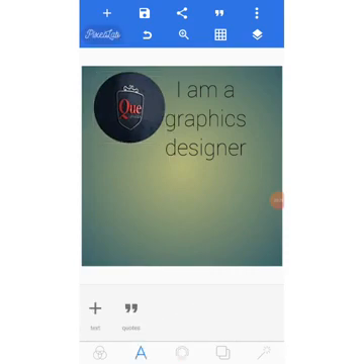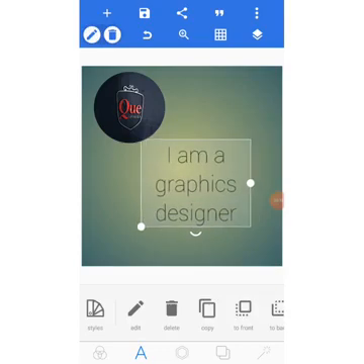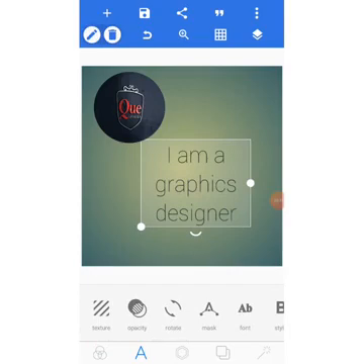Now let's go back to our text. Let's click on our I am a graphic designer. So just click on it, then we're done with texture. Opacity. So opacity is like reducing the brightness and increasing the brightness of your image or text. And can you see that you can